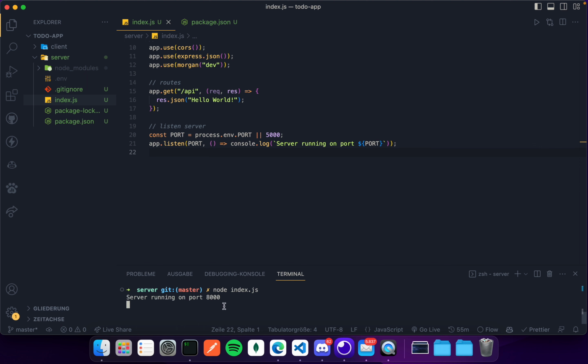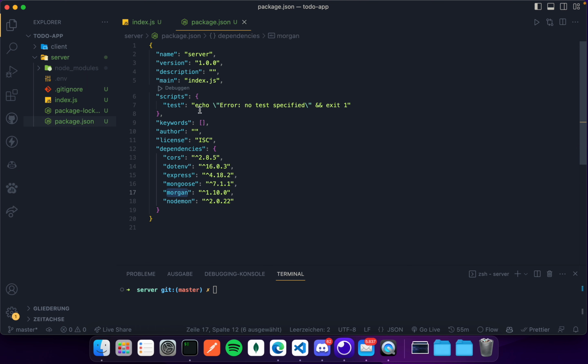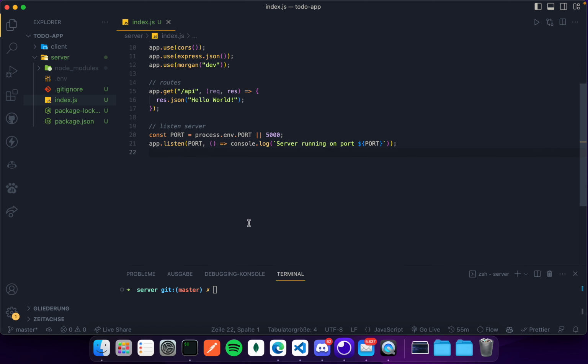We get this server running on 8000, but each time we make a change, we have to restart our server. So to avoid this, we can just cancel it. And when we go to our package.json, we also install a dependency called nodemon. You can also install this as a dev dependency, but it doesn't matter for now. So just type dev here and then remove this and type nodemon index.js. So when we close this and now run npm run dev,